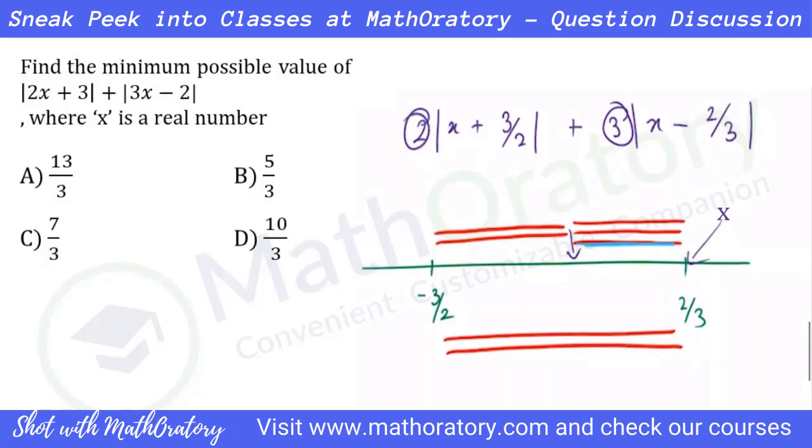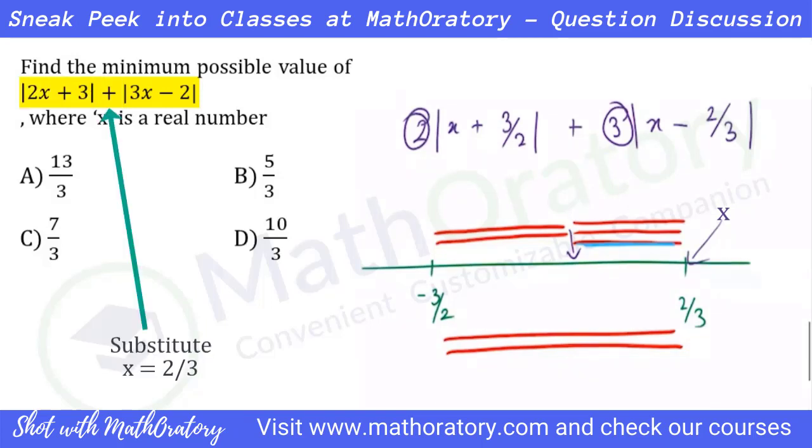So if you look at the original expression, forget about whatever I've written on the right hand side of the board. You have 2 here and 3 here. So these are the two coefficients that are available to us. Out of that, whichever has the higher coefficient, that will create more number of distances. So just make that thing 0. So if you make 3x minus 2 0, you don't even have to rewrite all of this. 3x minus 2 equal to 0 implies x is 2 by 3. So we are taking this critical point 2 by 3.